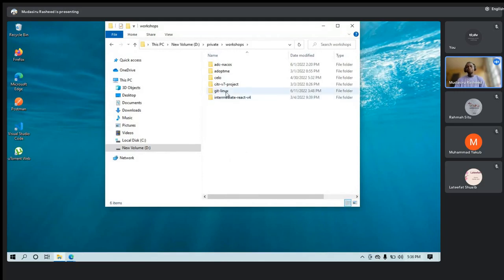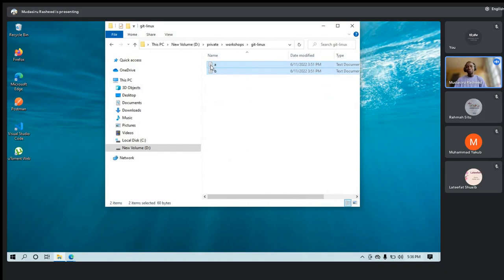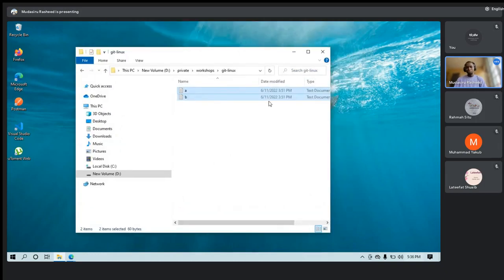The workshop, Git Linux. So I created two files inside this Git Linux. I have one file called a.txt.